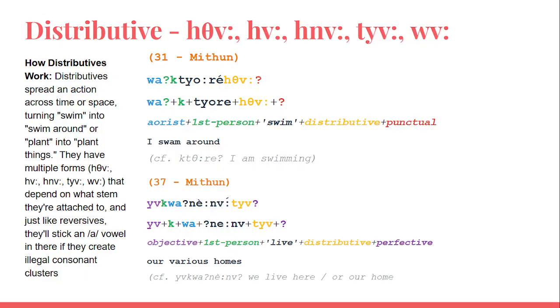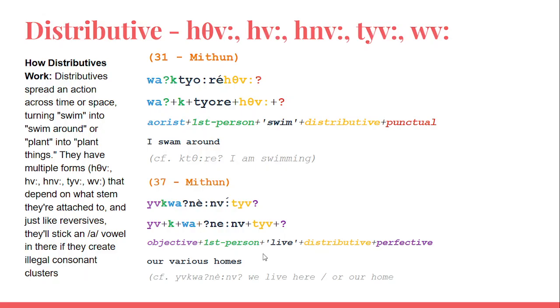It allows you to extend and scatter out the action that you're doing. So in this example right here, I think most viewers have probably been looking at this already. But this is a much more complex use of the distributive, because this is not a verb. This is simply something that is generally used with verbs. But the distributive, as I was mentioning earlier when we were talking about plurals,